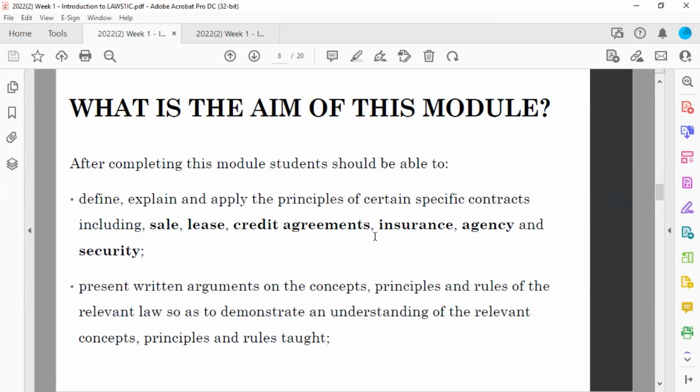I hope you can use that, I always say, not in the test, but in your personal lives. If you are renting property, if you're renting your first flat, that you know what your rights are. If you buy a car, and this is going to be your student car, your first vehicle that you own, that you know what your rights are in terms of that contract of sale.